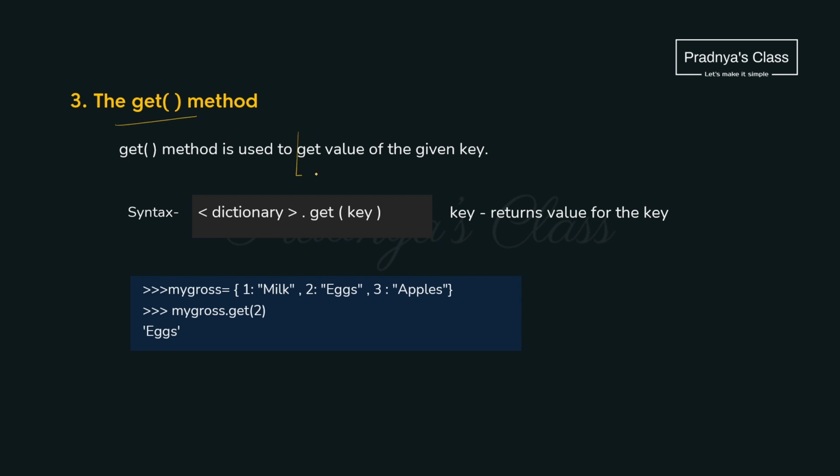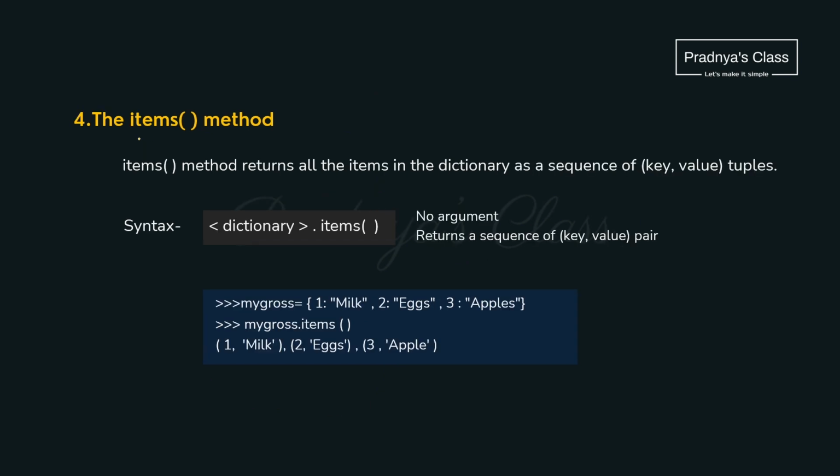Get method is used to get the value for the given key. Here is the syntax. We will be providing the key and we will get the corresponding value for that key. Look at the example. We provided key 2, we got the value for that. This is one of the important methods we will be using in case of dictionary, because when we iterate over